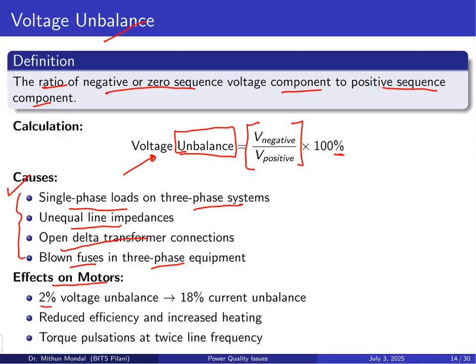For example, if there is a 2% voltage unbalance, then it can cause 18% current unbalance. It will reduce the efficiency and increase the heating in the equipment. Torque pulsation will be there at twice the line frequency. So if there is a change in the voltage, then it will correspondingly cause multiple effects on the system in terms of its current, heating, efficiency, losses,